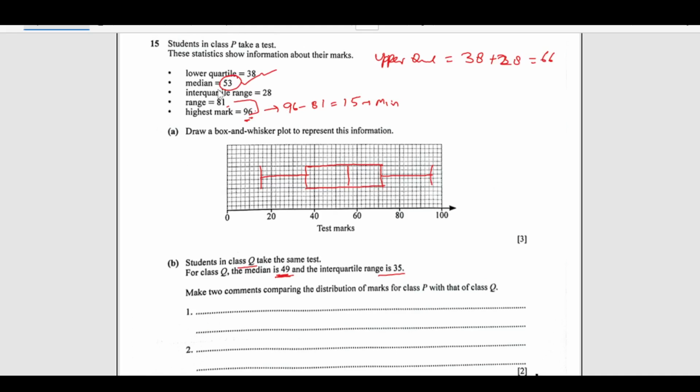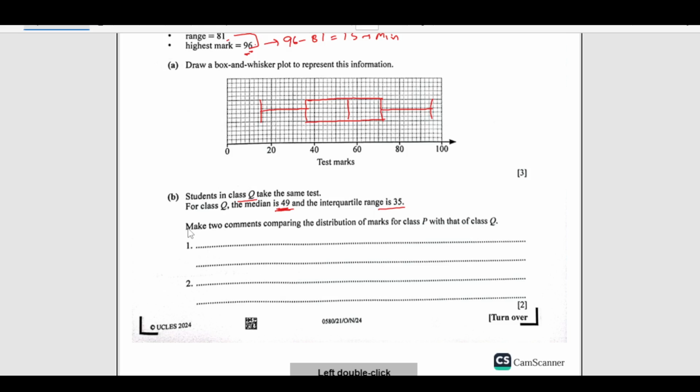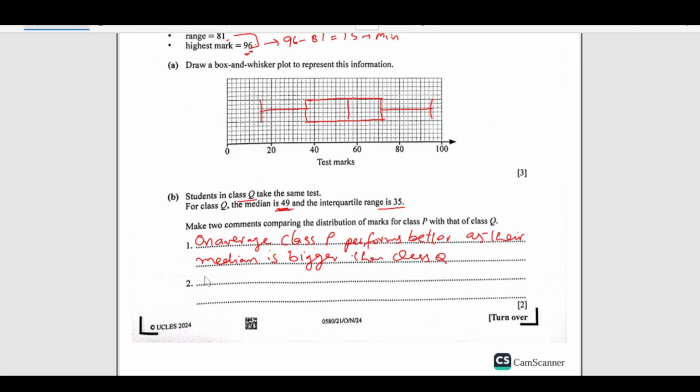So if you see, on average the performance of class P will be better. So we can see on average class P performs better as their median is bigger than class Q, right? Then second one, if you see, the marks in the class Q are like the range, we are given